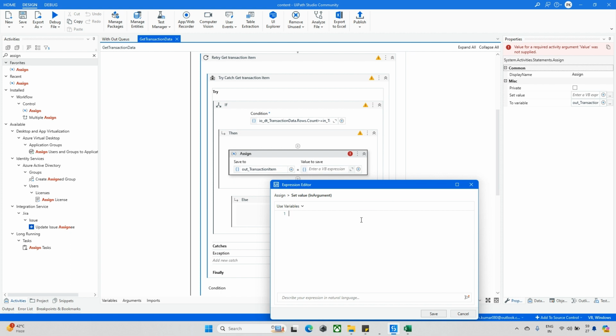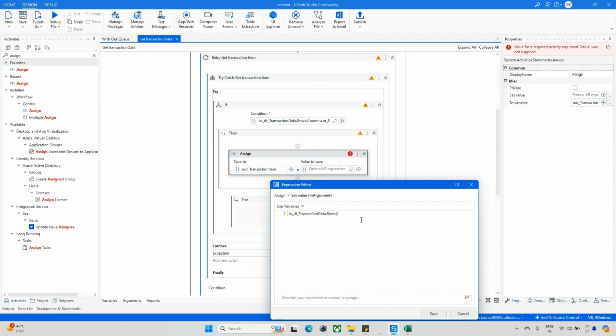So here, for example in the Excel file, the first row it is reading, we need to get 0. The second row we need to get index 1, like that. So io transaction dot rows of 0. Right now it is 0. For example, if I want to get 1, 2, 3 and so on,